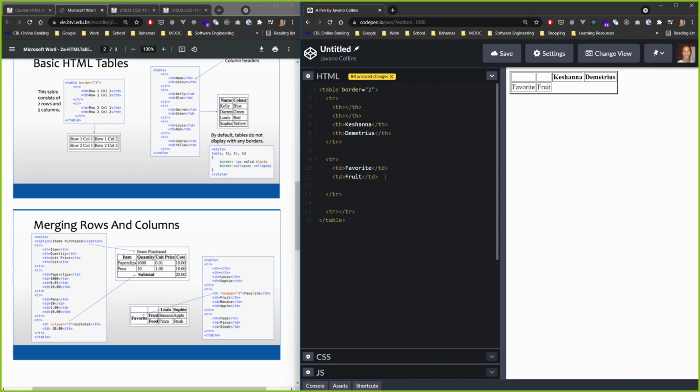Is it gonna go underneath favorite or fruit? Next to fruit. Okay, let's test your theory. She's right. It goes next to fruit